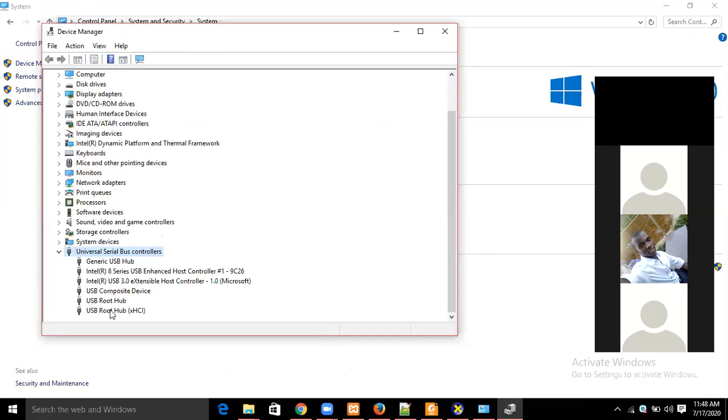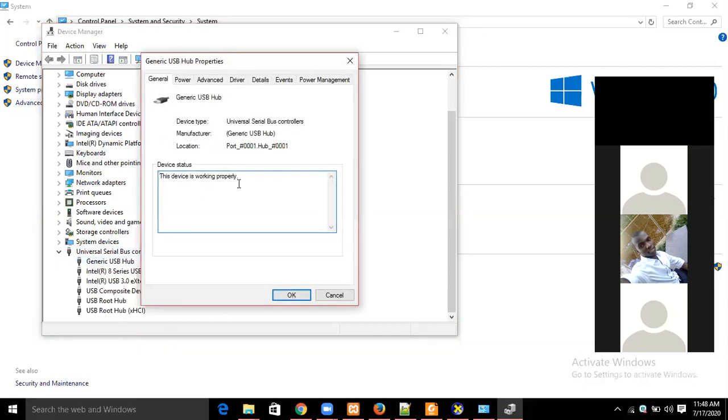So in case one is not working, we'll be having a question mark or an icon that is yellow in color. It will indicate. For example, in case I click this one, let me just right click and see the properties of that driver. Can you see it is working properly? In case it is not working properly, we'll have the error message here. And what you have to do,